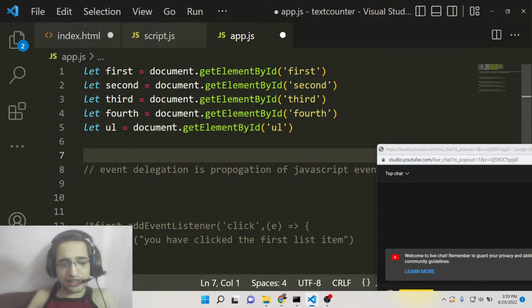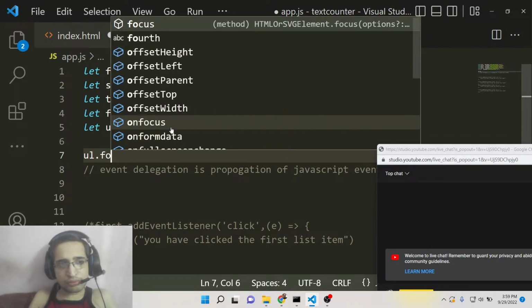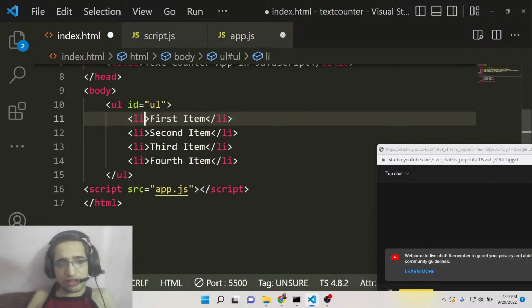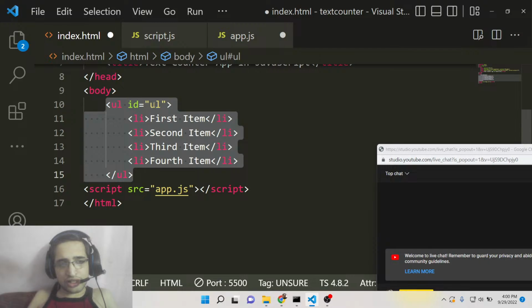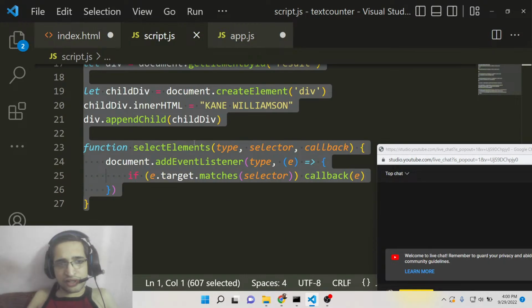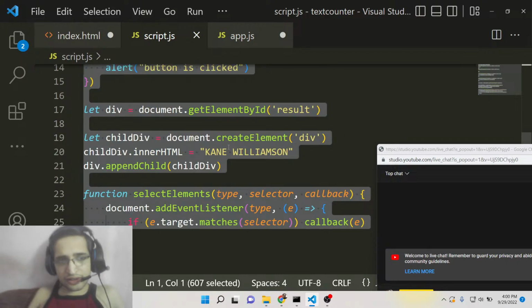After getting the ID, guys, we will simply say ul dot. This is the first way by which we can implement event delegation. We will run a for each loop. Basically, if you see, guys, we have given the ul element ID here, which is ul, and the first thing we can do, guys, is attach